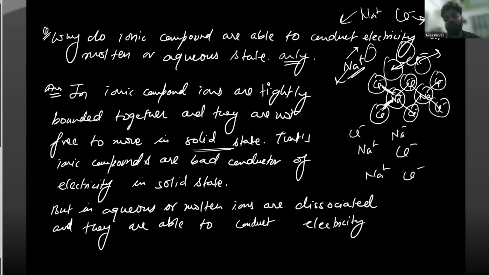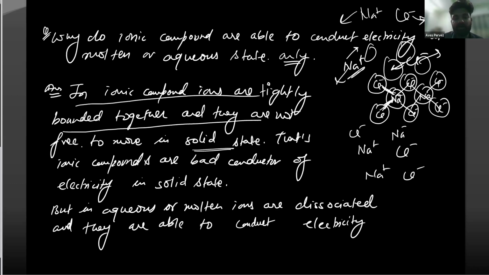But in aqueous or molten state, ions are dissociated, meaning they are separated, so they are able to conduct electricity. Got it? Yes, sir. The most important line you have to learn is this one: their ions are tightly bonded together, they are not free to move. This is the important one. When the teacher sees this line, it might be possible that